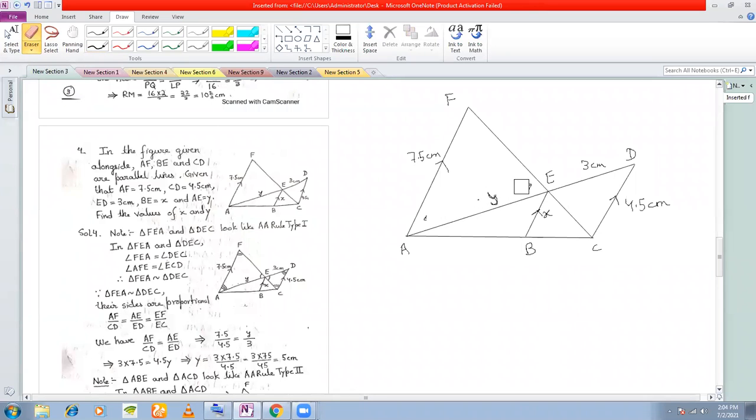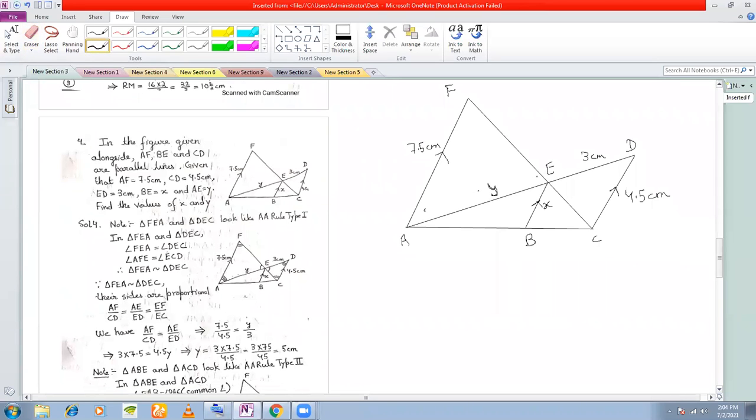So that is how I selected the triangle. Now let us prove similarity of triangles. How are these two triangles similar? This side, this side, these two angles are equal, vertically opposite. Again, these are alternate angles. That means these two triangles are similar. The proof is done here. And obviously the third angle will be equal. So I've marked the third angle also so that I can write the proportional sides.